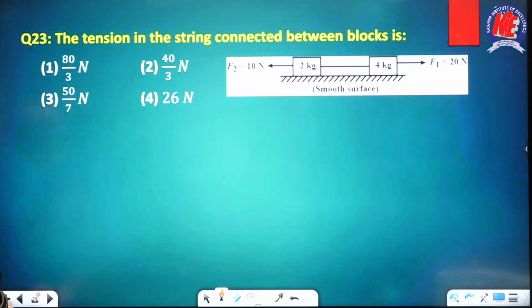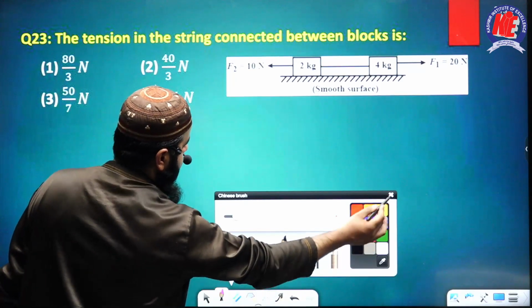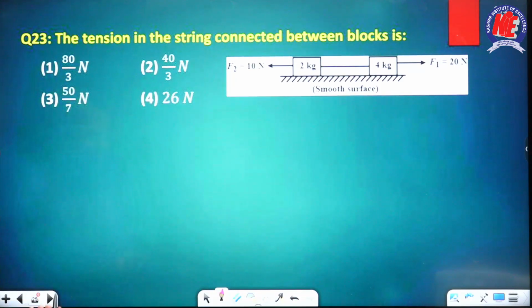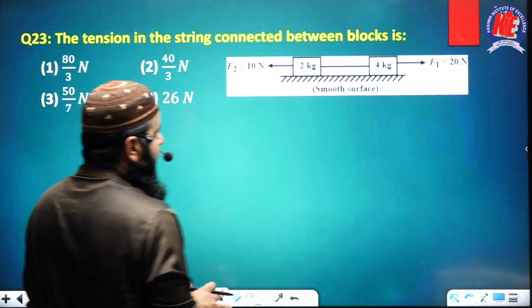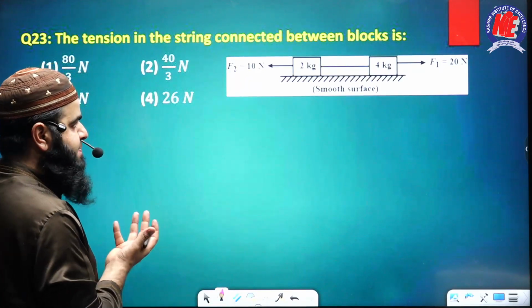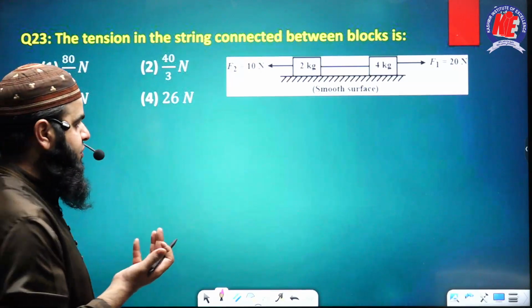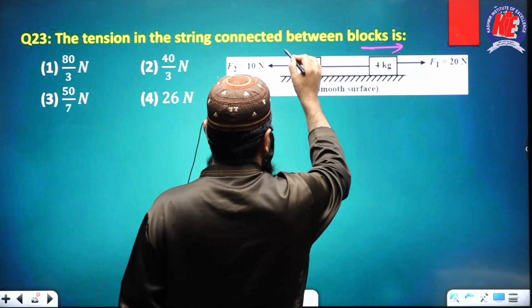Next one please. Okay, the tension in the string connected between the blocks is, हमें टेंशन चाहिए बेटा. एक कॉम्बाइंड सिस्टम है, हमने आपके साथ ये बात शेयर की है कि कॉम्बाइंड सिस्टम के साथ डील करने का बेस्ट अप्रोच ये रहेगा, calculate the common acceleration. अब आप देख सकते हैं यहां से 20 यहां से 10, तो definitely the system, the blocks will accelerate towards